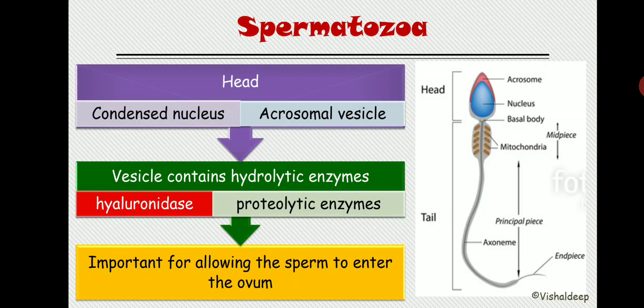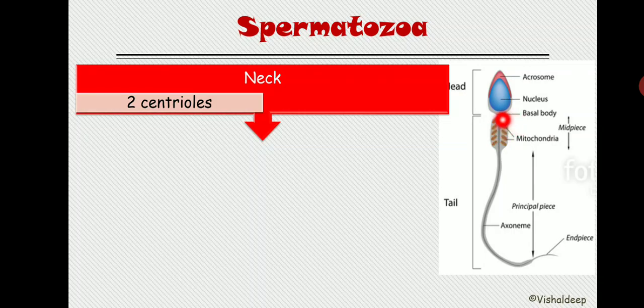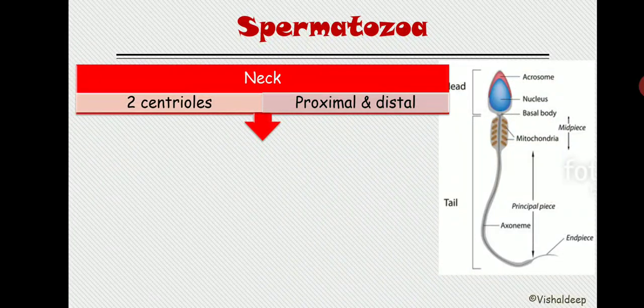Now let's discuss the neck. The neck portion is this basal portion that is written over here. So the neck portion has two centrioles. Remember this slide. Neck is not this mid piece, right? Neck is only the segment that is drawn in between over here, the basal body. This is only the neck portion. It has two centrioles. One is the proximal, another one is the distal.